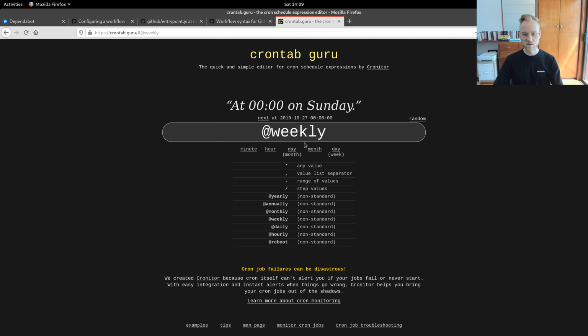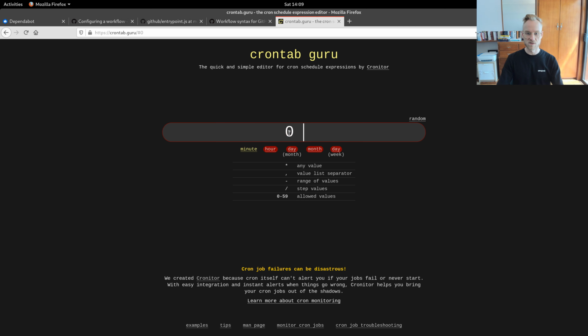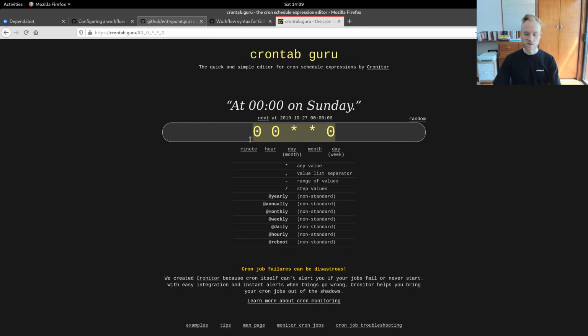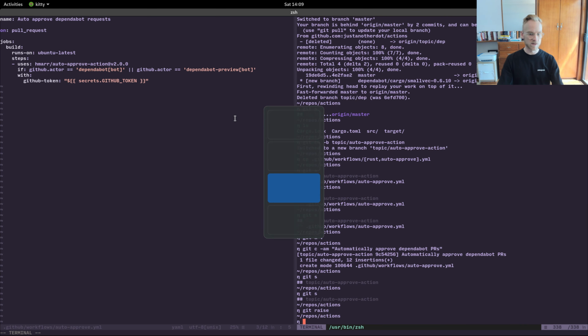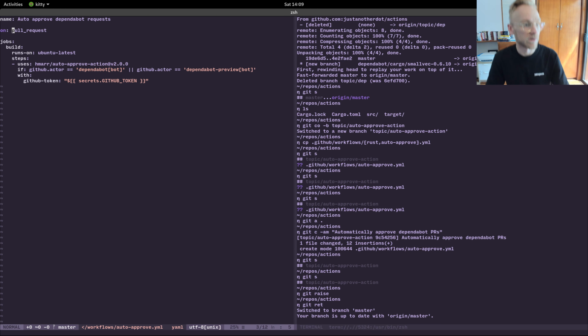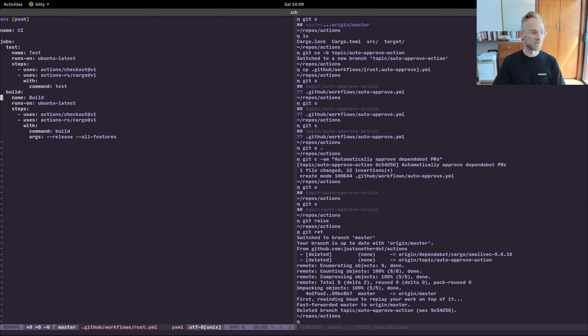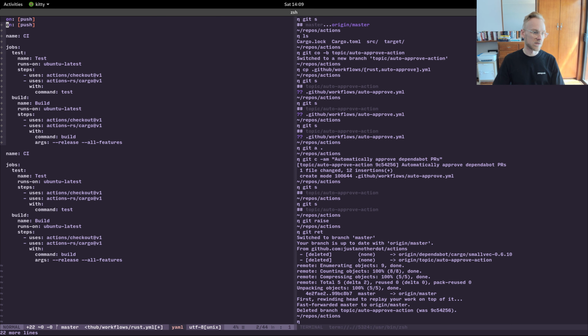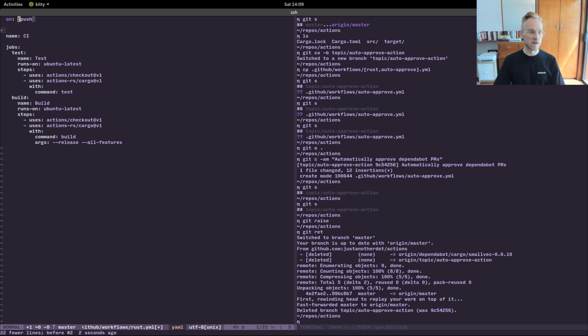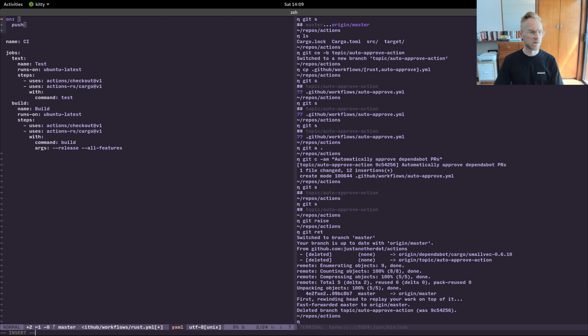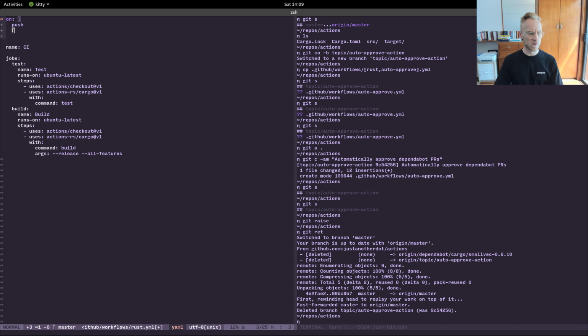This is non-standard, so that's on Sundays. So we could actually redo that, right? So 0, 0, star, star, 0. It starts at 0. And then what we're going to do is pop down here, check out master again with our changes. We're going to go to our Rust workflow. Yep. And on this on thing, we're going to say, yeah, I want it on pushes. Right, but I also want it on